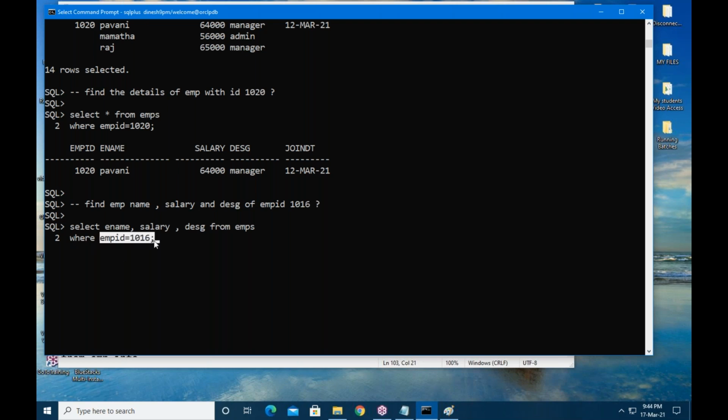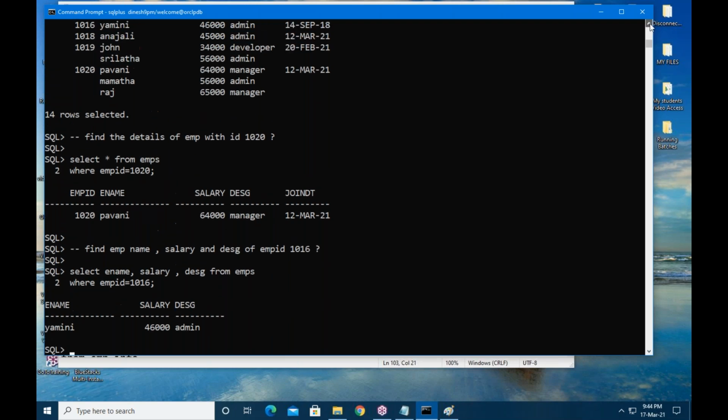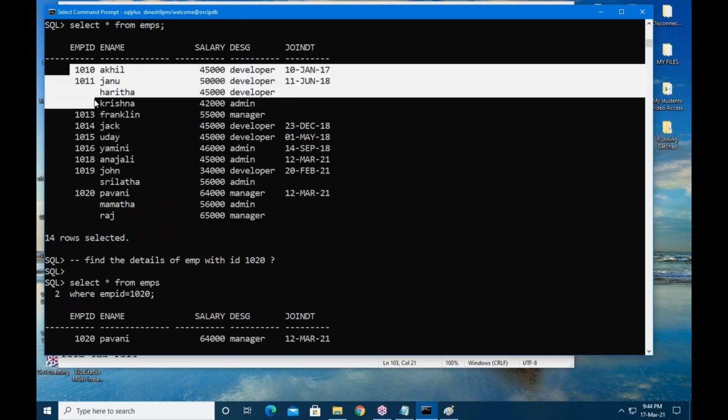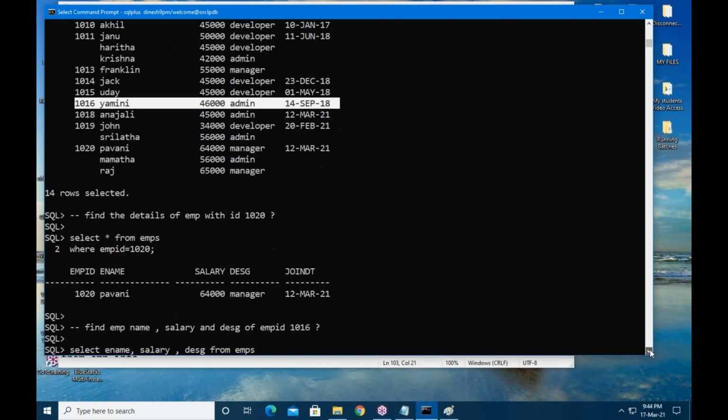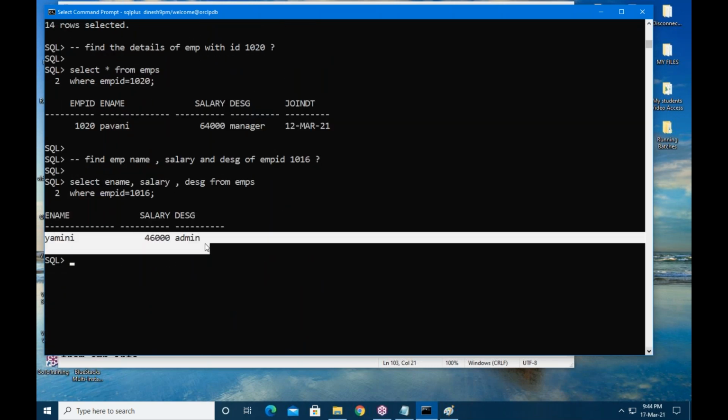If employee ID is equal to 1016, then select these details. This is your result. If you have doubt, go back to the table. This is 1016. In only one record, the condition matched. From the matched record, it will display name, salary, designation.